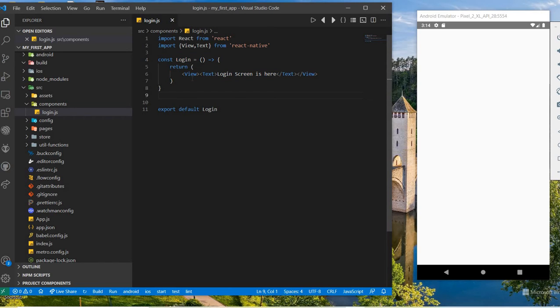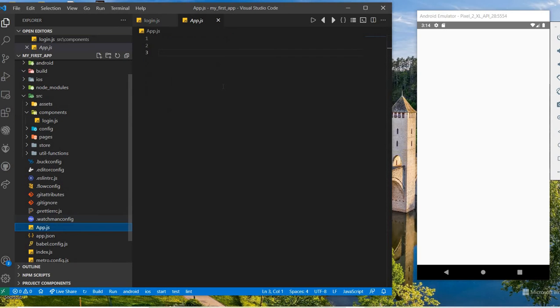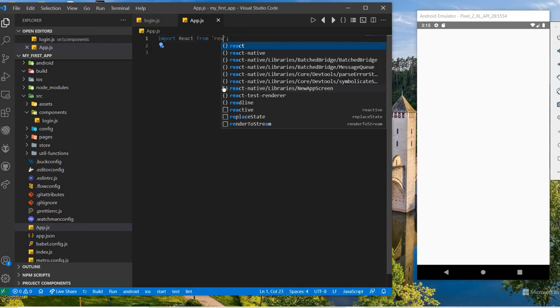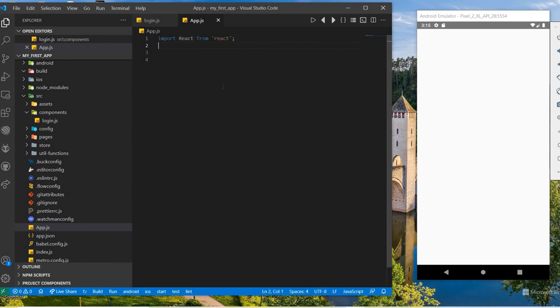Now let's import this method in the app.js class. So this is app.js. Here let's write import React from React.